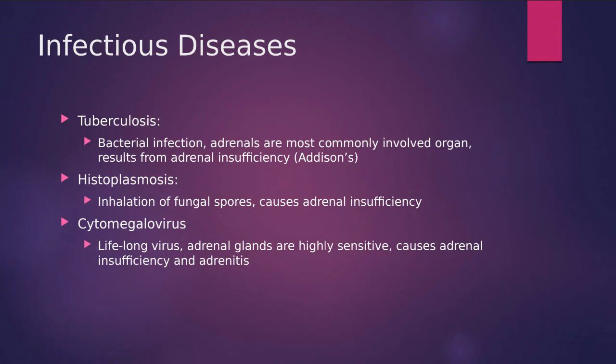So really, when we think of tuberculosis, we think of a nasty cough, or we can spread it through the air, right? It really does have the most effect on our adrenal glands. So kind of a bizarre relationship there. And it also is going to result in adrenal insufficiency, Addison's disease, right? So when we're not producing enough